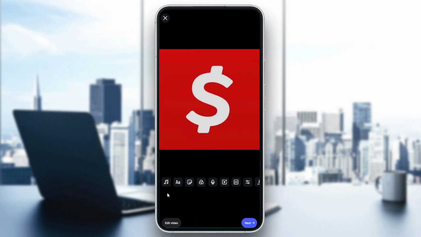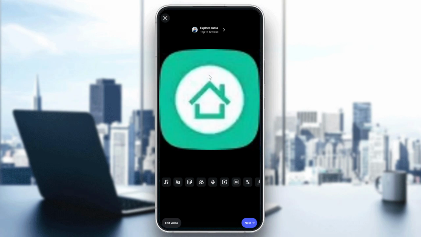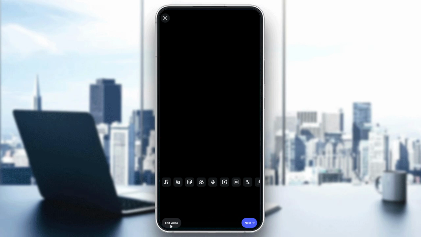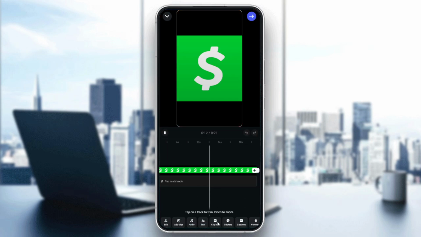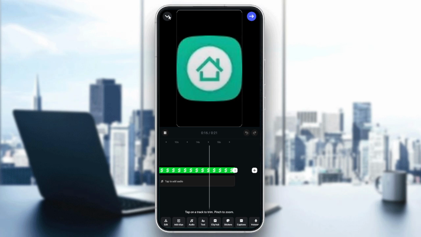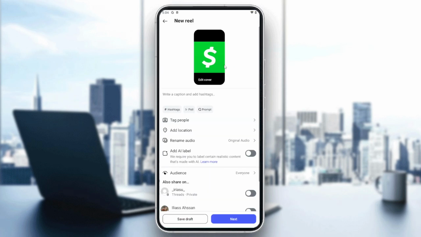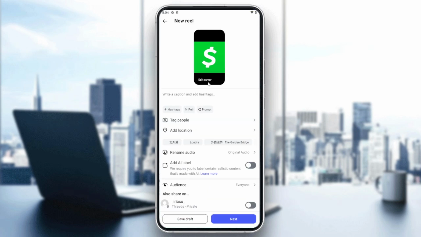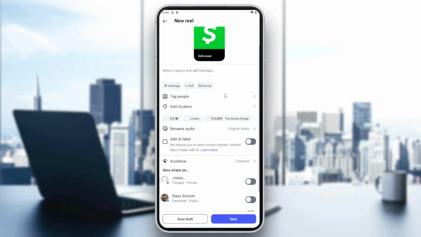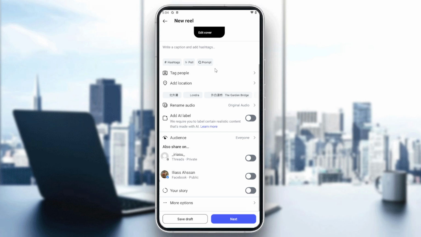You can then have any editing that you would like to add into your video. You can have some filters, stickers, etc. Also, you can have this edit button where you will have a more advanced way to edit your video. Then you click on next, and from here you will be able to start scheduling your own stories or